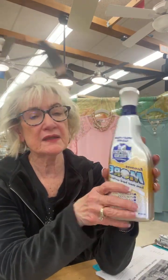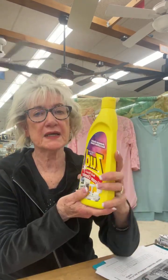Okay, so this Barkeeper's Friend, it says MORE, it's a liquid, it's a spray. Now I'm going to tell you, try it in an inconspicuous spot first. Make sure that it does not remove or dull the paint any at all, but this takes care of rust, okay? And I like this because it's a liquid and you don't get any abrasion on there. Now there is, if that won't work,